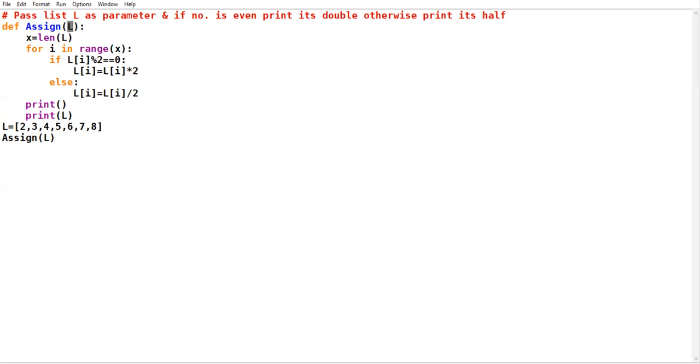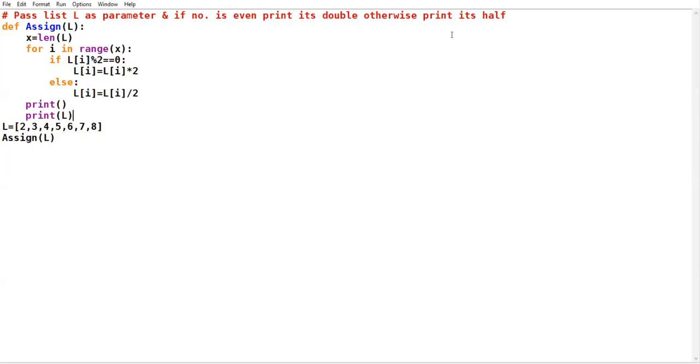Yes, Maulik. Maulik, unmute yourself. Yes, sir. Good morning, sir. Good morning, Maulik. Sir, there will be no error. Very right, very correct. The names of the actual and formal parameter can be the same or may not be the same.